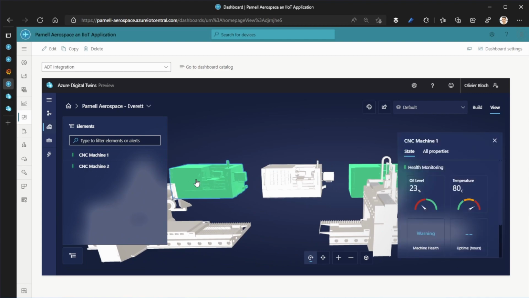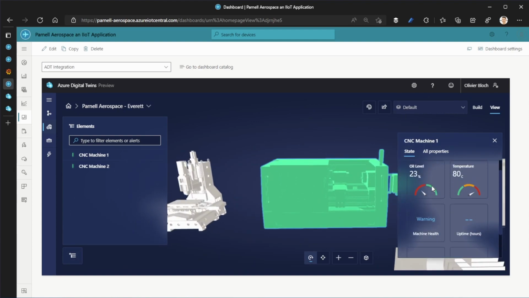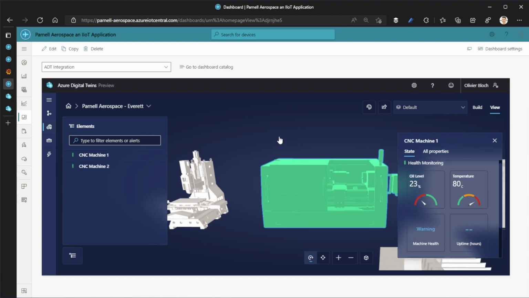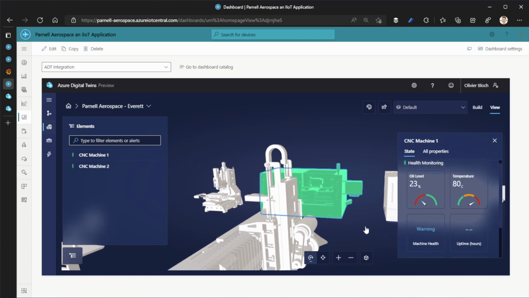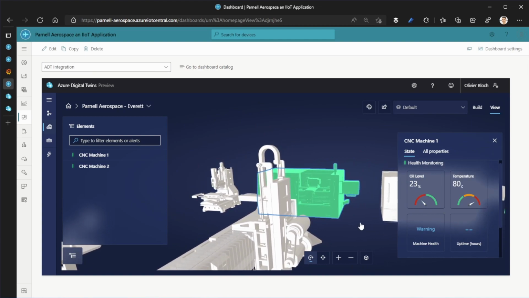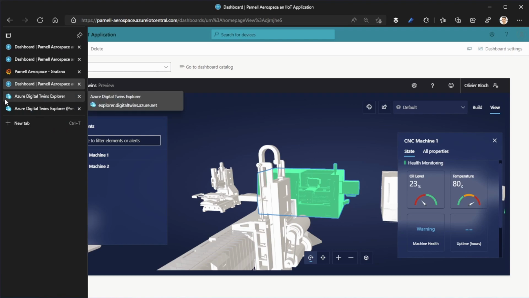I can select that one machine here and visualize that the machine health has been reported a certain way. And in that case, warning was a number of parts made, defective parts none, but it seems like the health is not optimal. Temperature is a bit high or level a bit low, but my color is still green, which is something that's not okay here. And the reason why it is green is because what I want to show you is how you can work with that 3D environment, not just use it to visualize, right? That would be too easy.